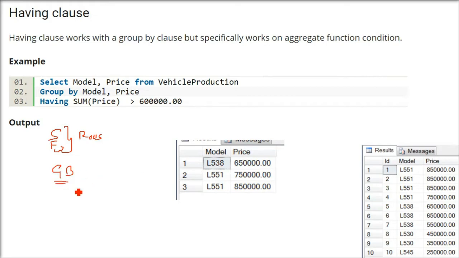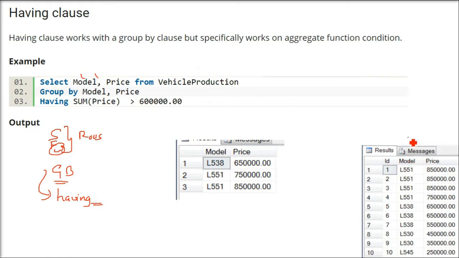So you want a group by condition, that will come from having. If you want something like where after group by, that is possible through having. And the having clause works with a group by clause, but specifically works on aggregate function conditions.